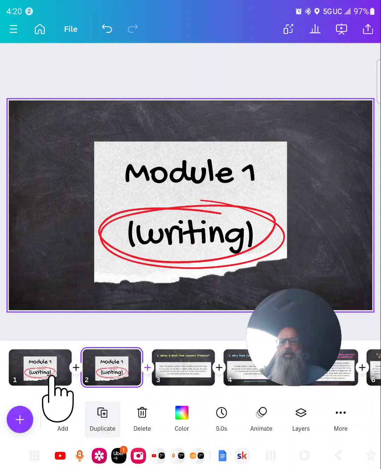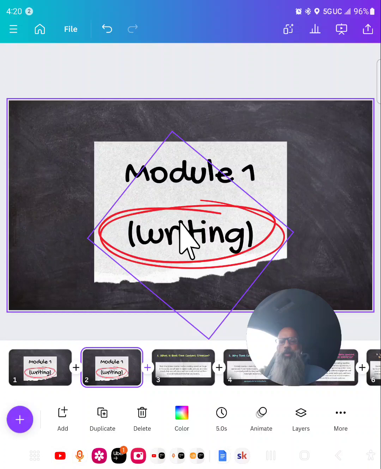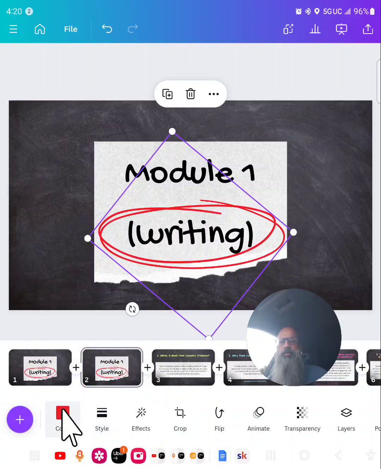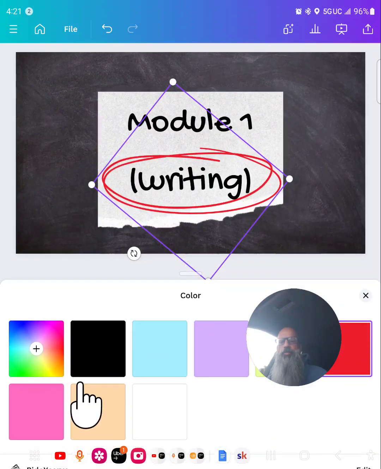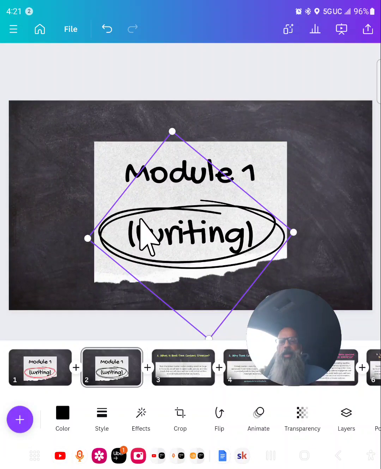When I duplicate it, I have two identical pieces, right? But on the second one, I'll do a different version. Like I'll take this. It is red. We're gonna change it to, let's say, black. And then on the writing,